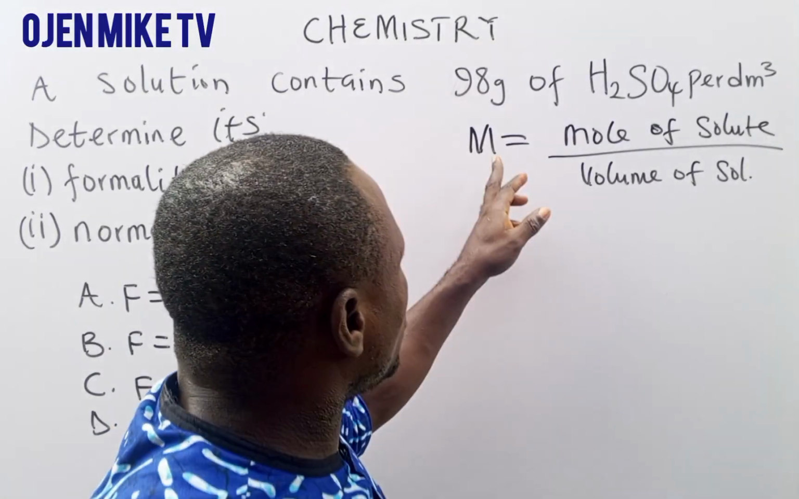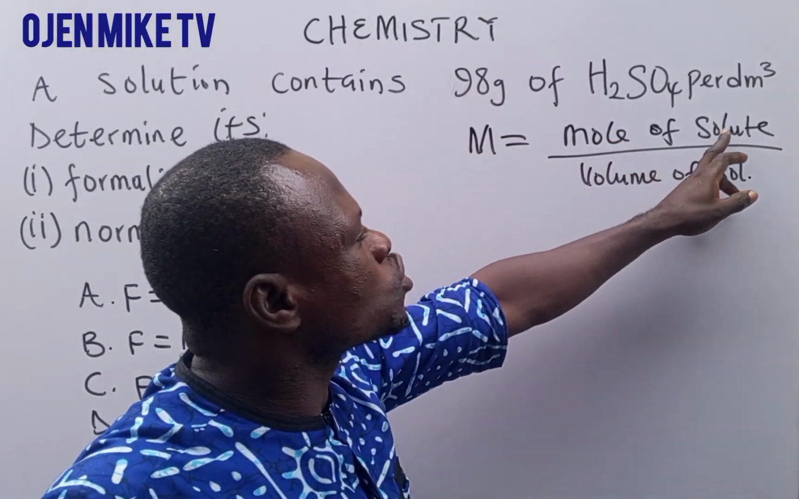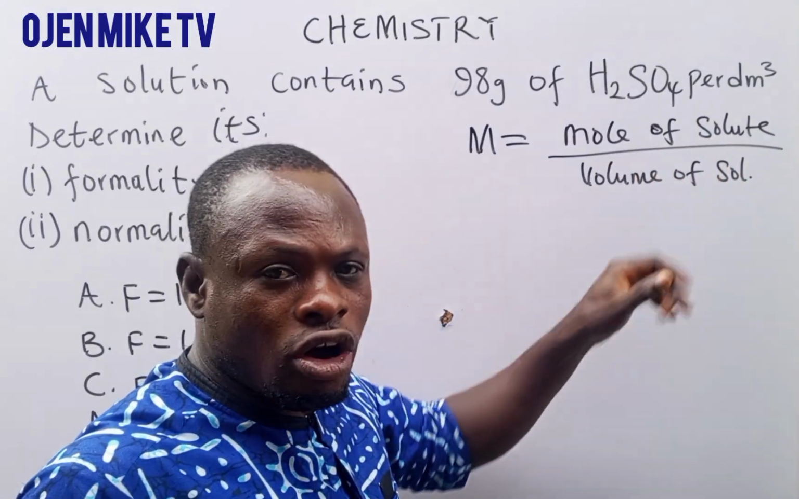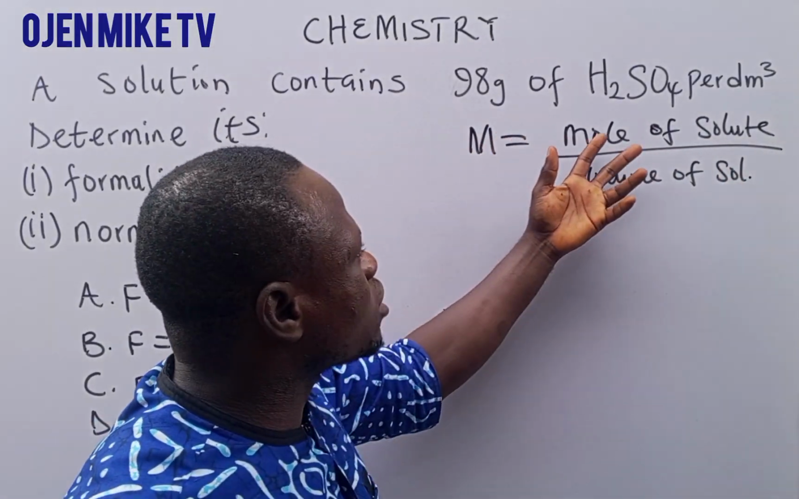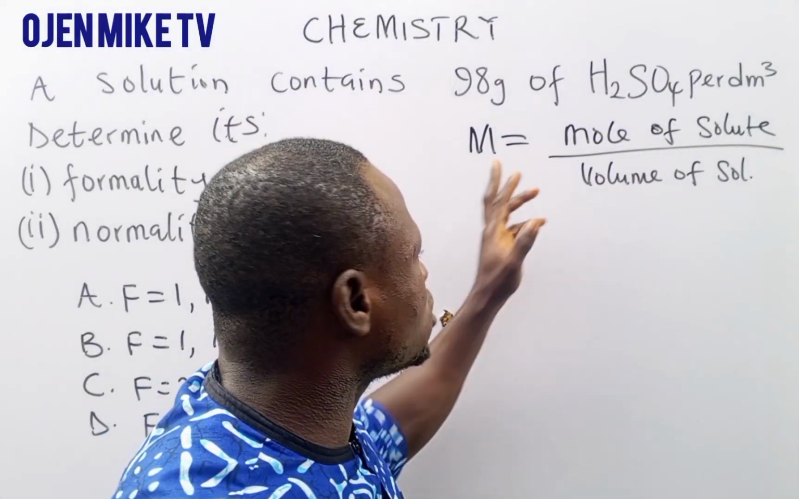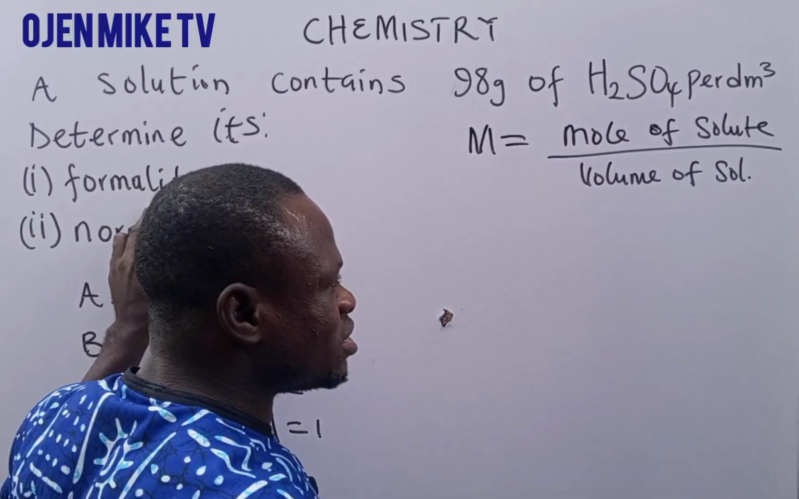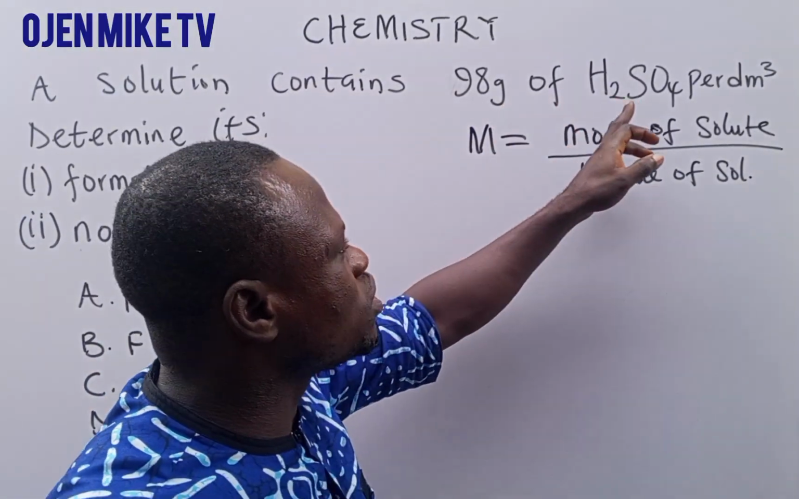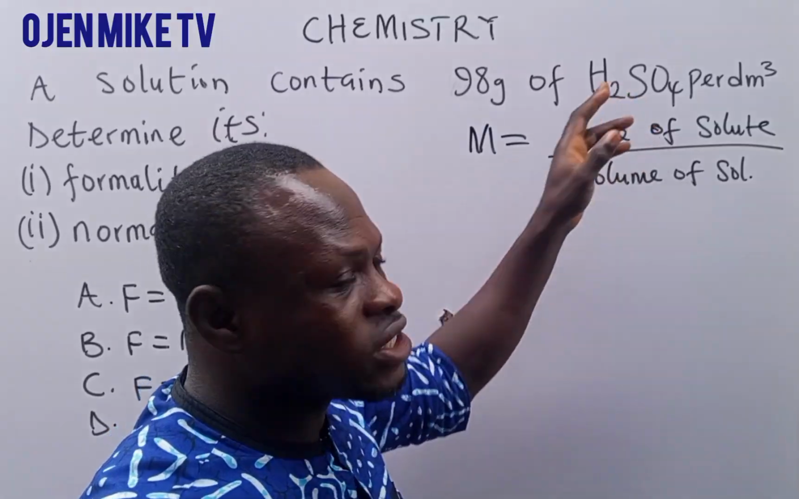Now, molarity is equal to the mole of solute over the volume of solution. You can also say that when something is given in grams, finding the mole of that thing gives the molarity. So for us to be able to determine the formality, we must be able to find the mole of these two things, that is 98 grams of